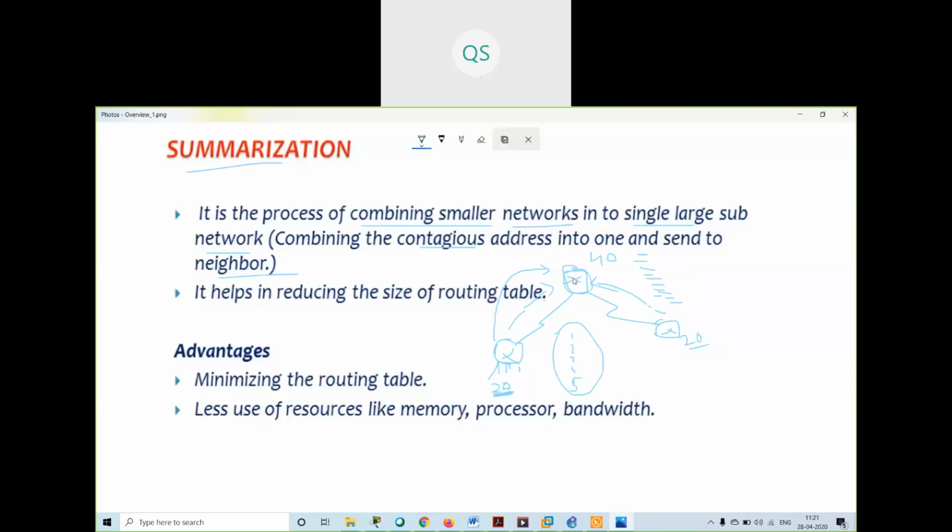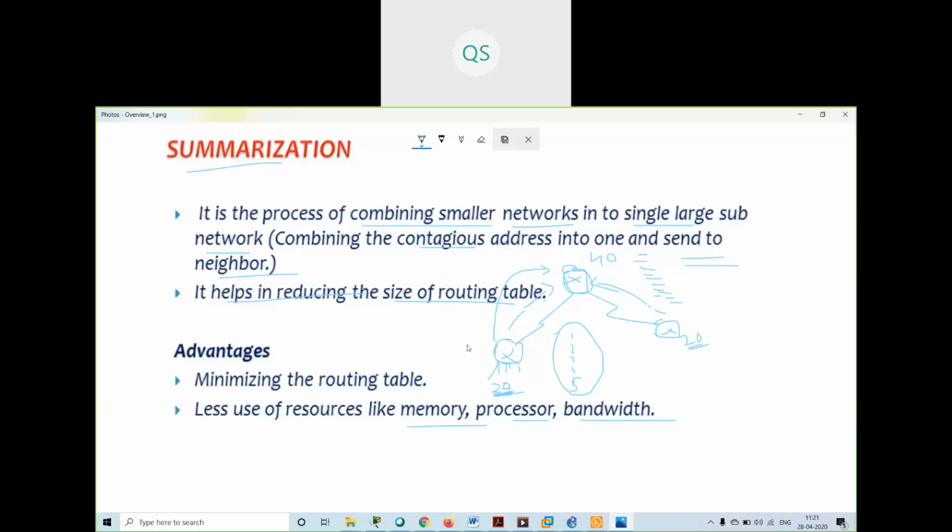For 20 networks, it will only write one single line. It will help reduce the size of the routing table. Also, it uses fewer resources: less memory, processor and bandwidth.